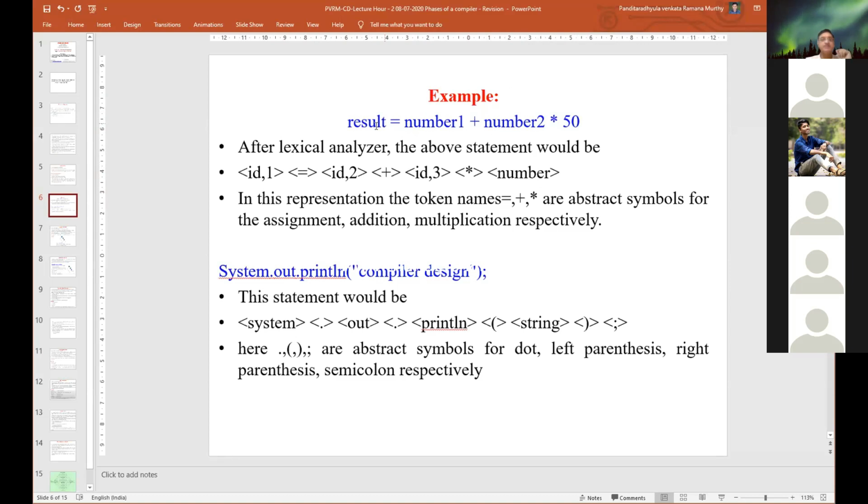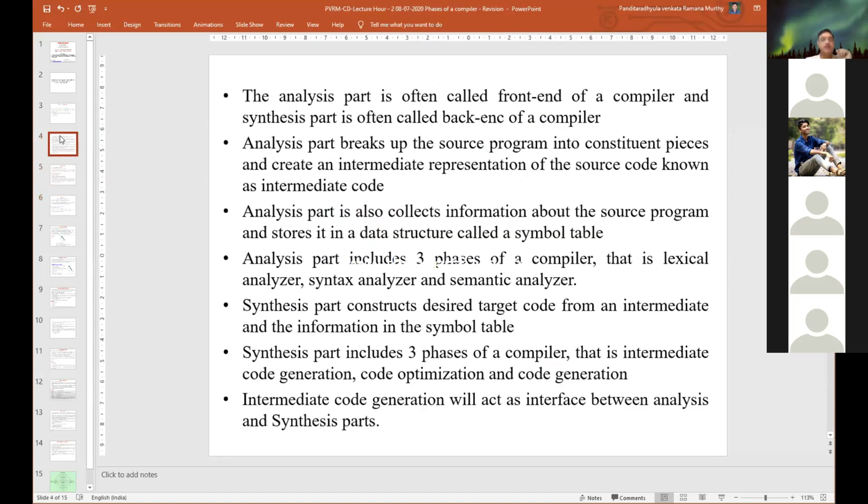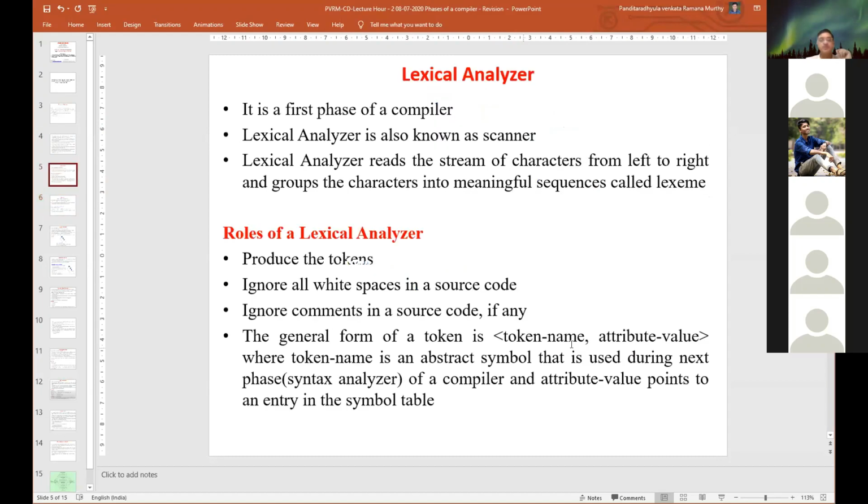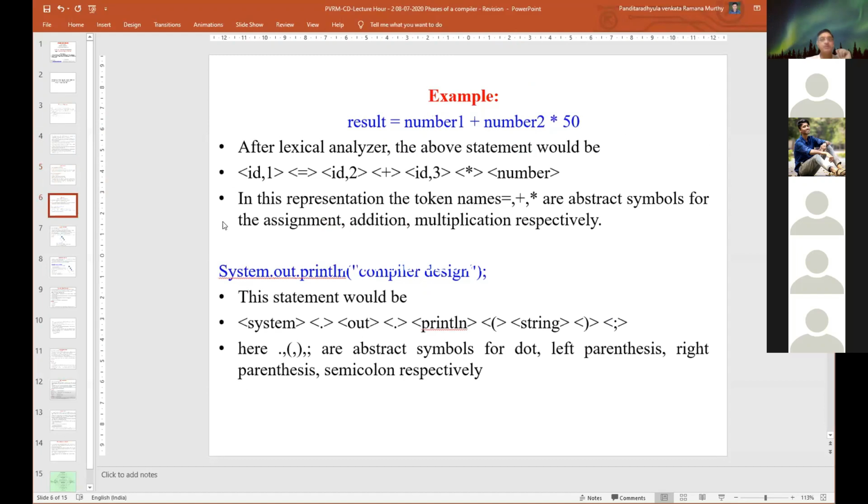Result is replaced with the token type ID, and the attribute is shown as 1, because the combination we are showing is token name comma attribute value. So the output is simply ID; these are nothing but identifiers.